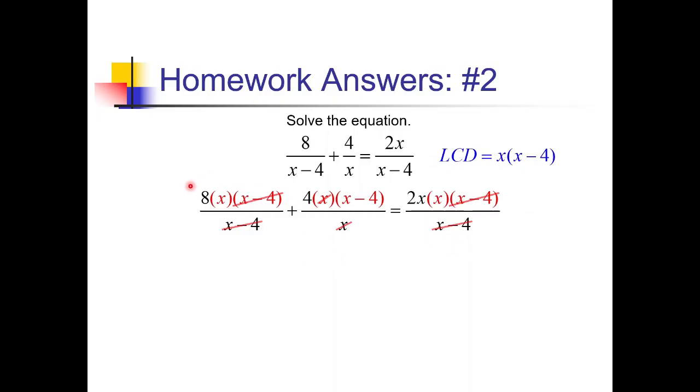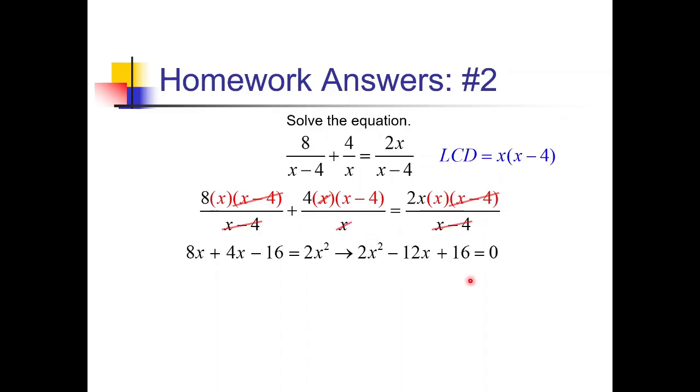So first fraction again, we've got 8x. After that, this 4 is getting distributed to the x minus 4, so this is a plus 4x minus 16. And over here we have 2x times x, so 2x squared. Let's get everything over to one side since this is a quadratic. So 2x squared can stay where it is, and I'll move the 8x and the 4x over there. Actually, that adds up to 12x, so let me subtract that over to the other side,